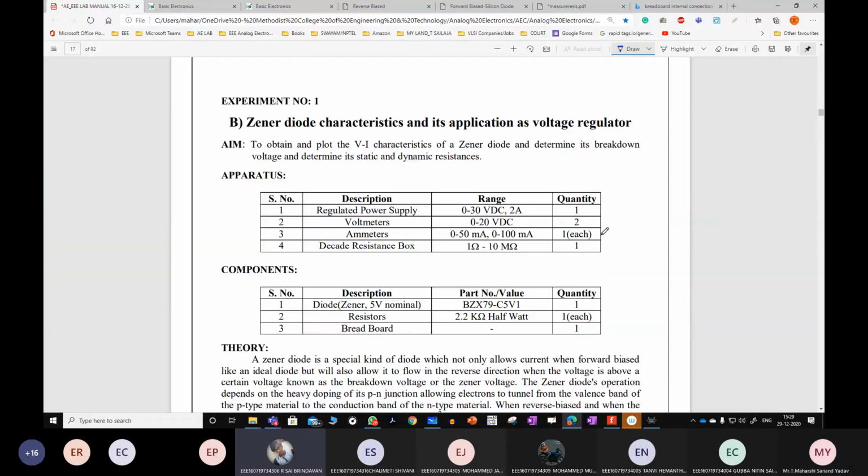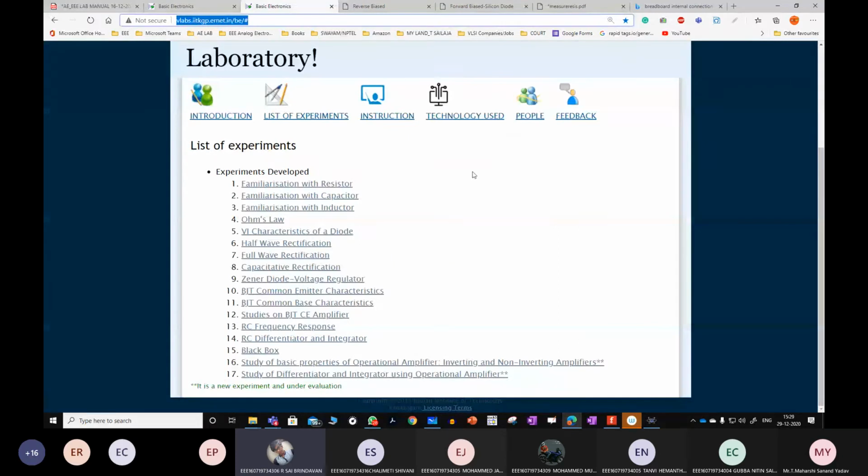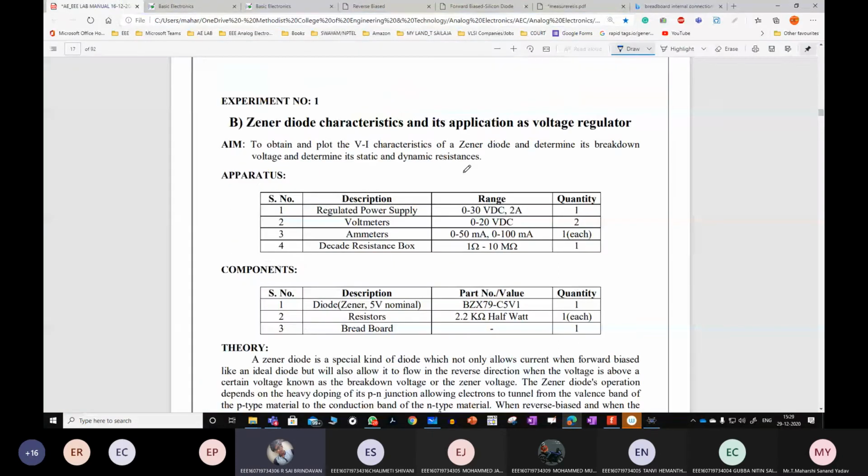Okay. It is also used as a voltage regulator. Under forward bias, what will happen to the Zener diode? It will act as a normal PN junction diode. Good.